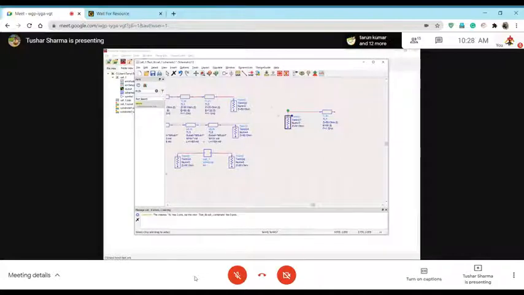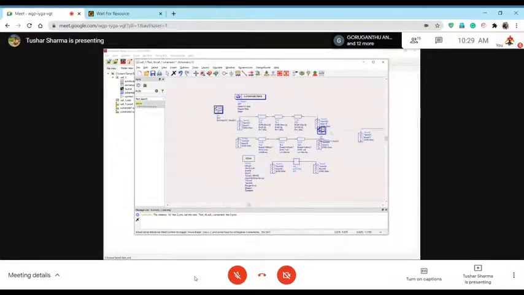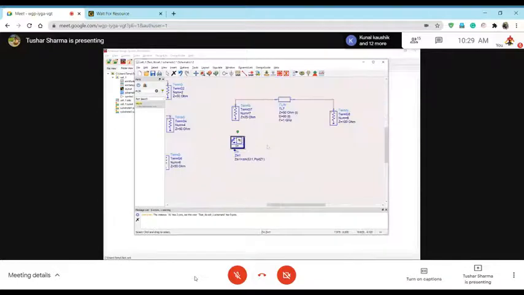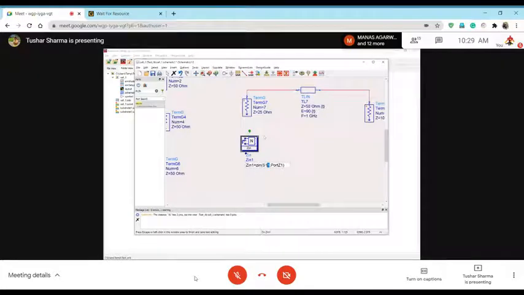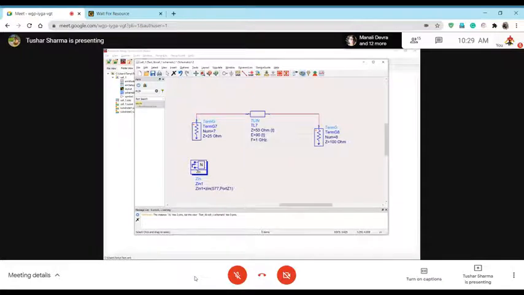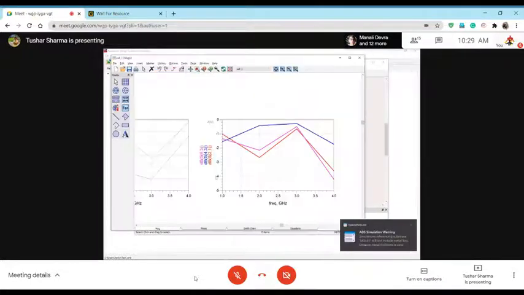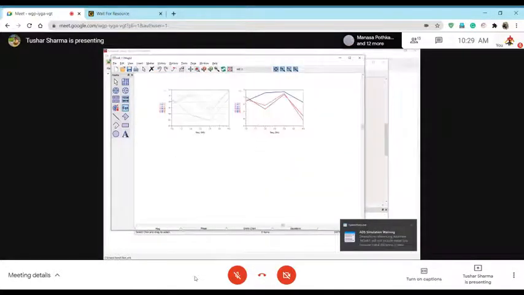So how will we do that? How will the transformer look? Can somebody tell me the steps? Say this is 100 ohms and this is 25 ohms. So this 50 ohm, 90 degree line should convert my 100 to 25, right? So let's just confirm it once. I will put it as Z in 1, and this port will change to number 7. So I will just change this to 7. So let's see, Z in 1 is how much? Oops, it's not here.